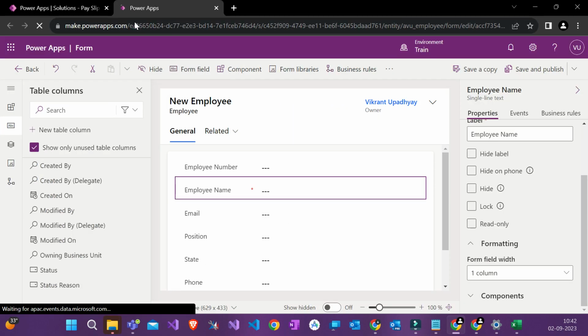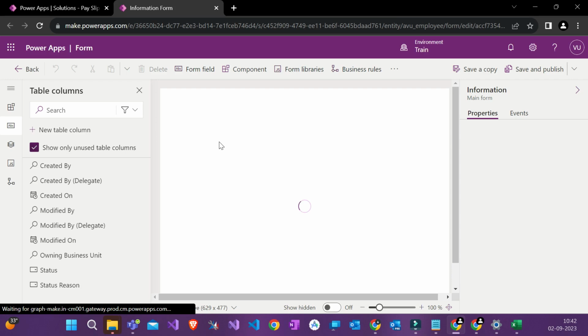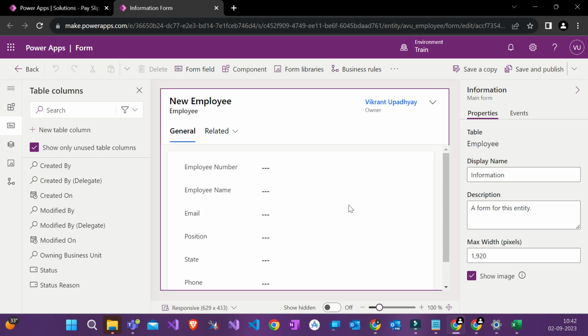refresh this. I'm refreshing the form. See, this required is gone, right?